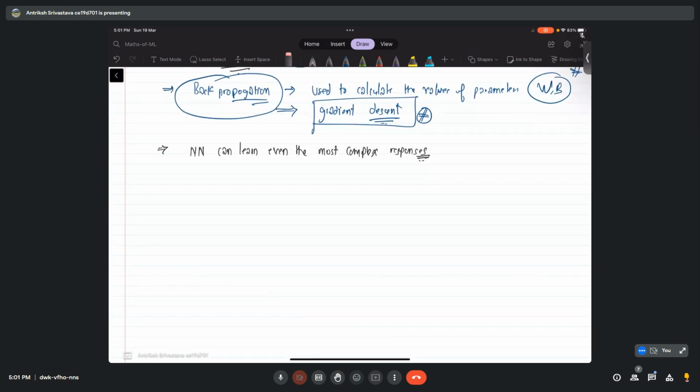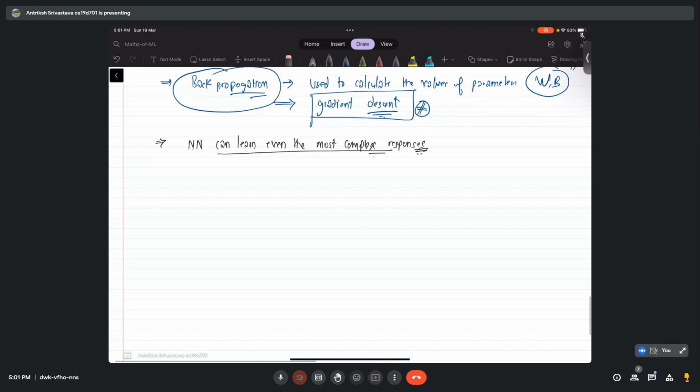Let's look at this. How many of you are familiar or know about degree of freedom? Does anyone know about degree of freedom? Basic concept. The number of movable links. Yeah, very good. In structural engineering, we define degree of freedom as the number of movable links. And if our structure has a high degree of freedom, then it is very difficult for us to solve and get the stresses.